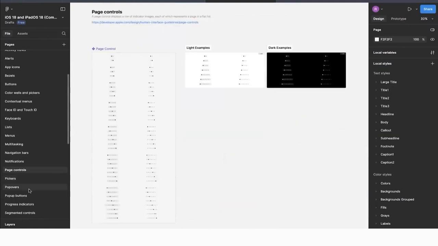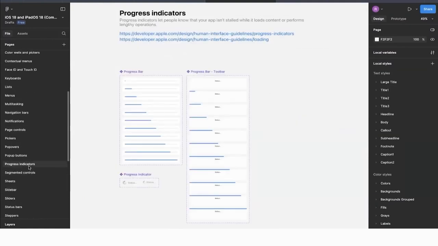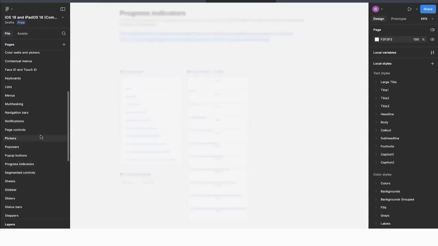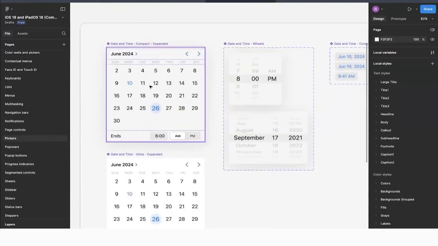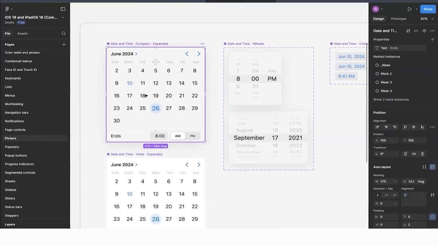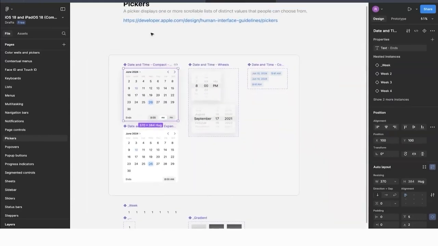I'll tell you again, in your own sweet time, explore these libraries. Just take any particular element, read their guidelines also, and see how they have created this component as well. Okay, let's